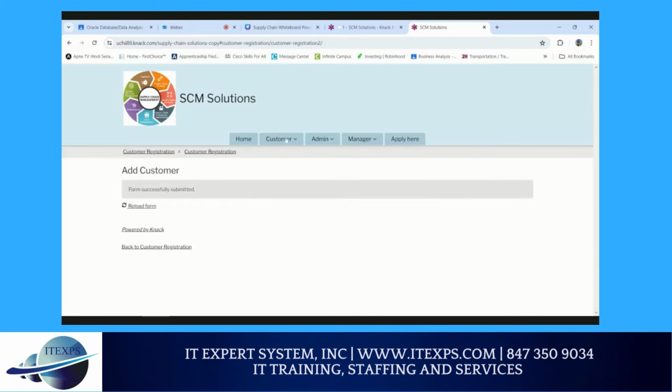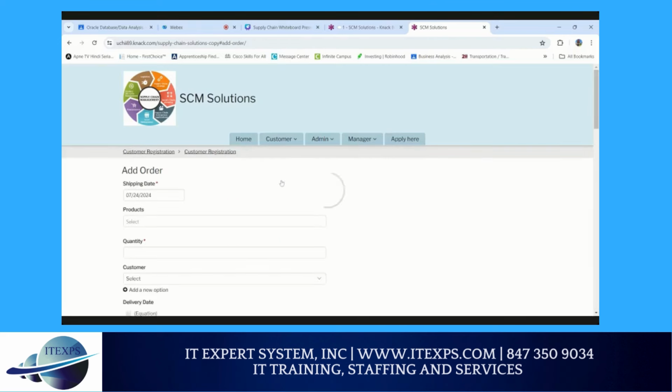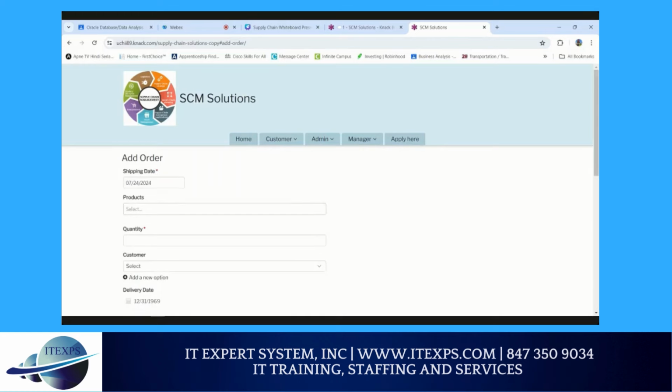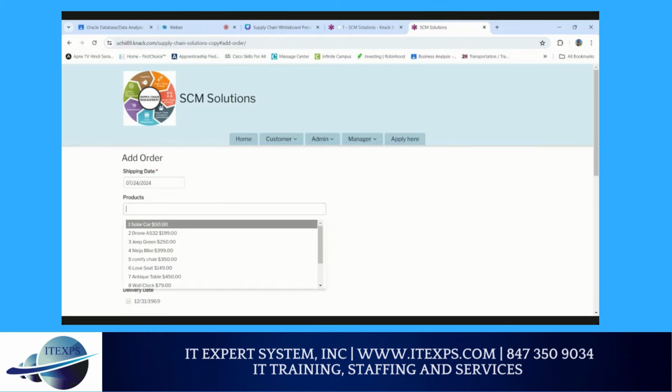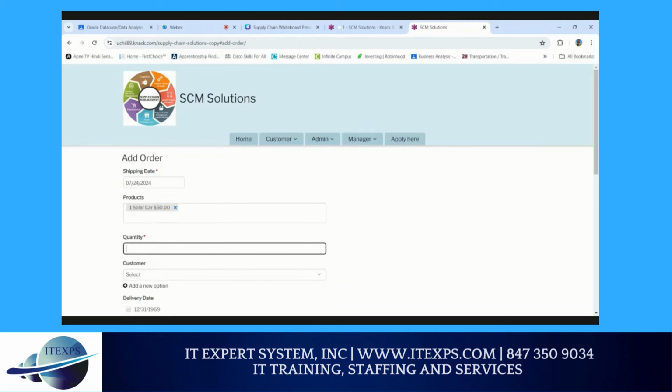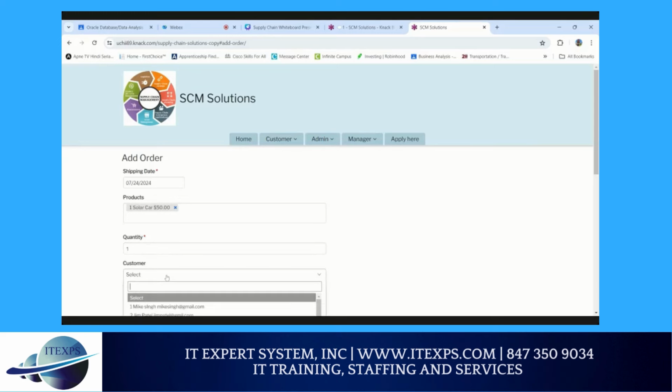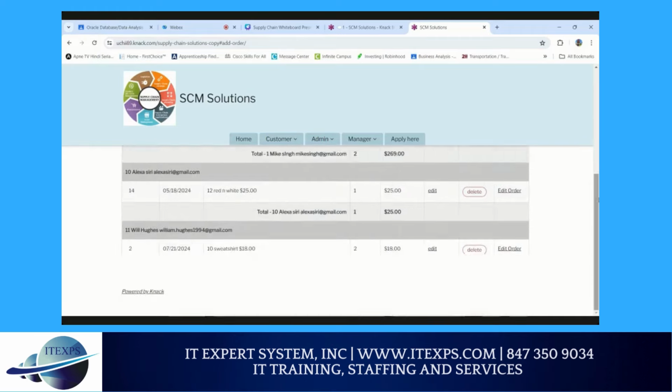After submitting, the customer goes for the order. Whatever products he selects, based on the product quantity, and here I said Deepak, the customer can see his name and submit the order. There's a delivery date that comes by itself. Whenever he places the order, he can see the delivery and pricing and everything from here.